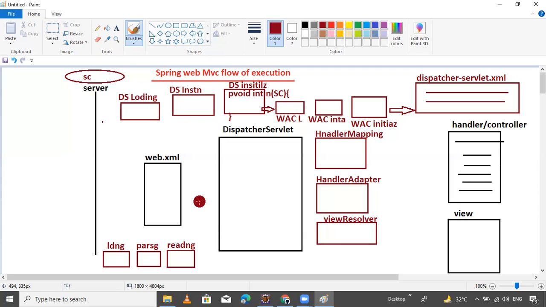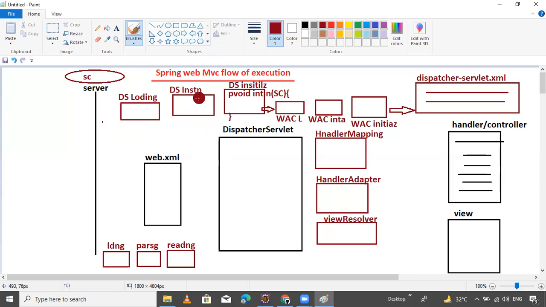After searching, it identifies the dispatcher servlet. Then the container will load the dispatcher servlet, with instantiation and initialization. At the time of dispatcher servlet initialization, one method will execute, init servlet context. Then the init method performs the web application context loading.